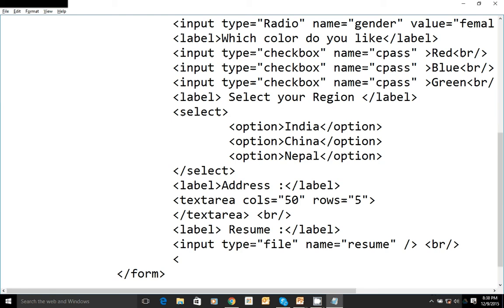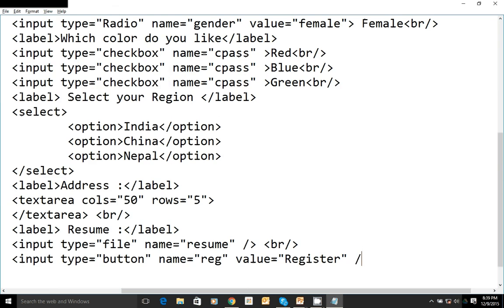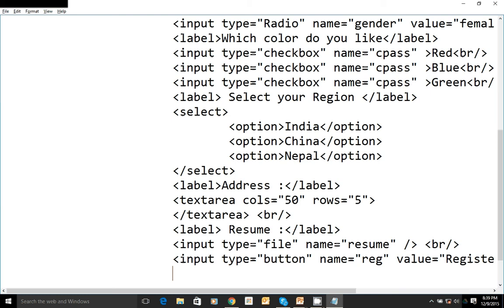Button. A button can be added in two ways. One is directly type input type equal to button and say the name of the button and of course value. There is a registration button, let's say, and value of the button. Value means the name on the top of the button that you need to specify in value. Submit or register, whatever you want. So this way you can add the button to the form, or else you can add a button in another way by directly adding the button tag. Let's say button, name of the button, something like that.